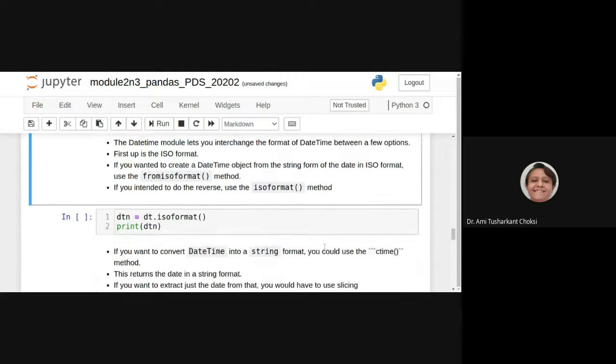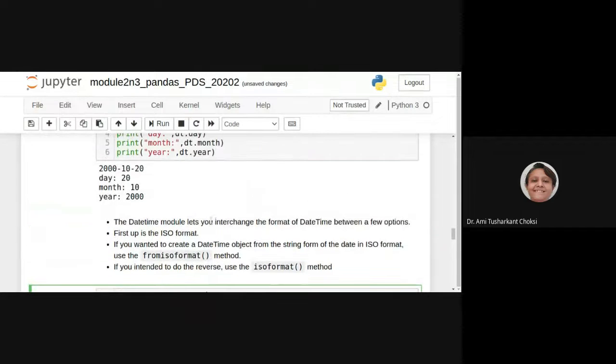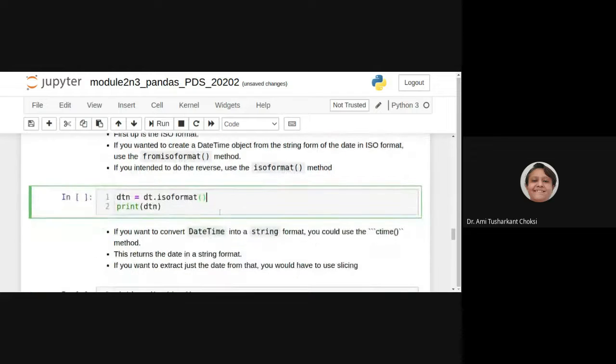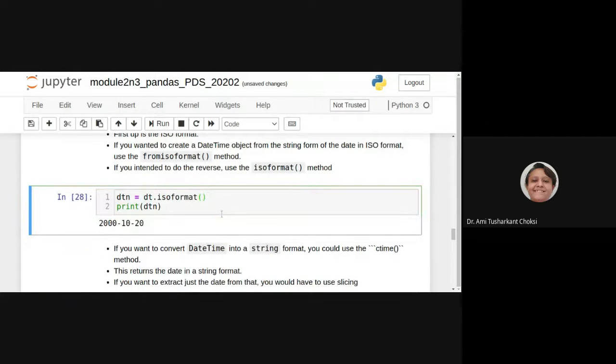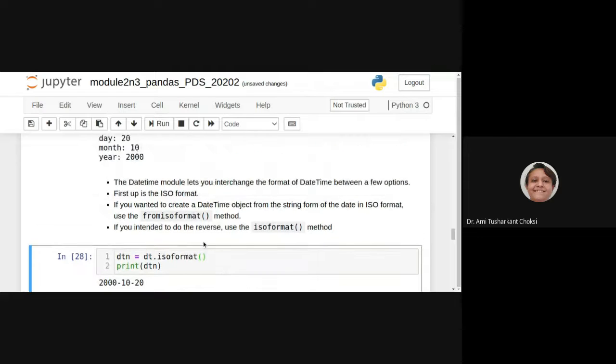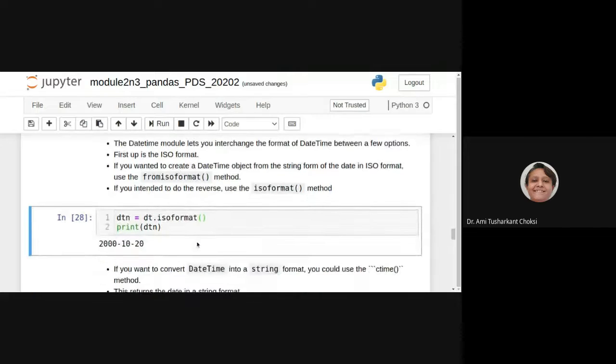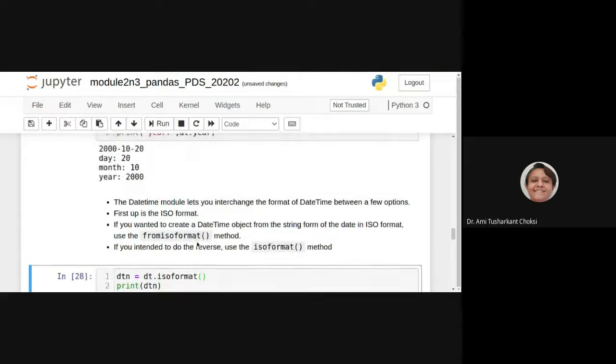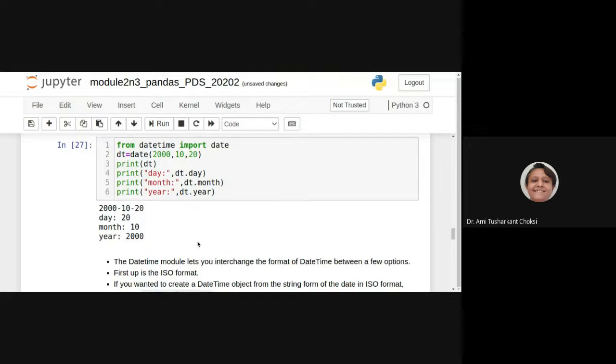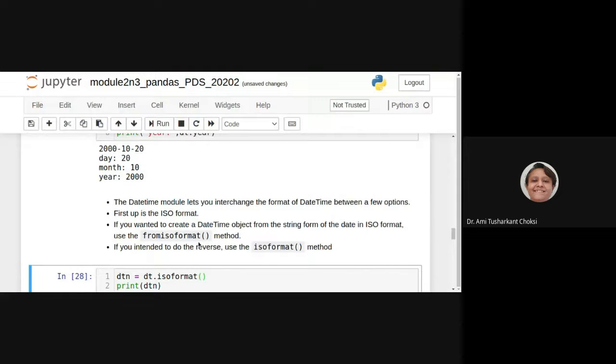Let's see the example. We create dtn is equal to dt.isoformat, and we print the date we have already initialized, that was 20th October 2000, right? Now if we print this, we get 2000-10-20. That is there in the ISO format.